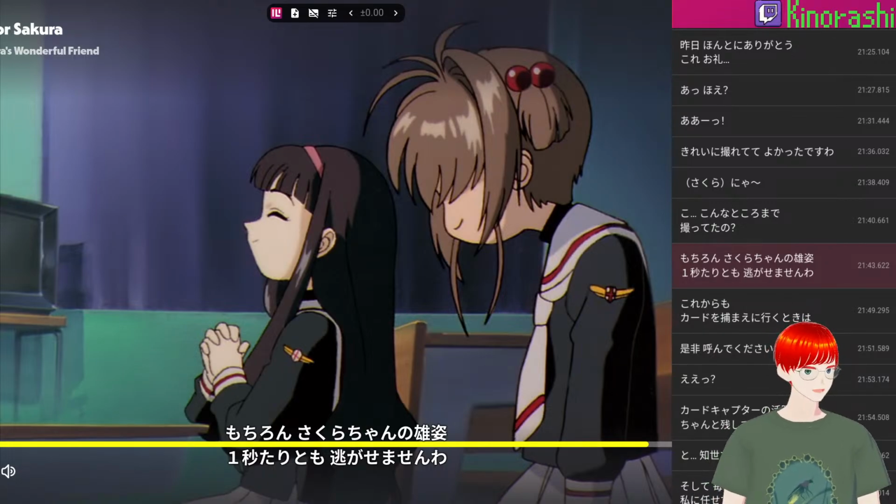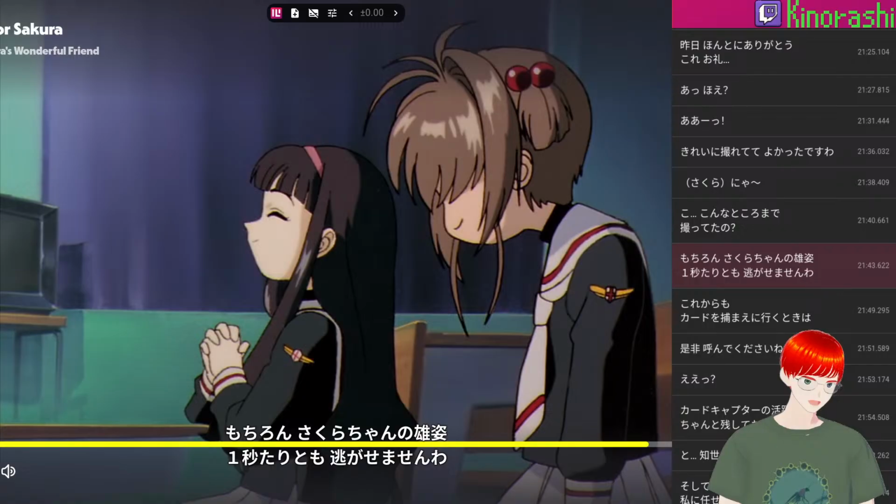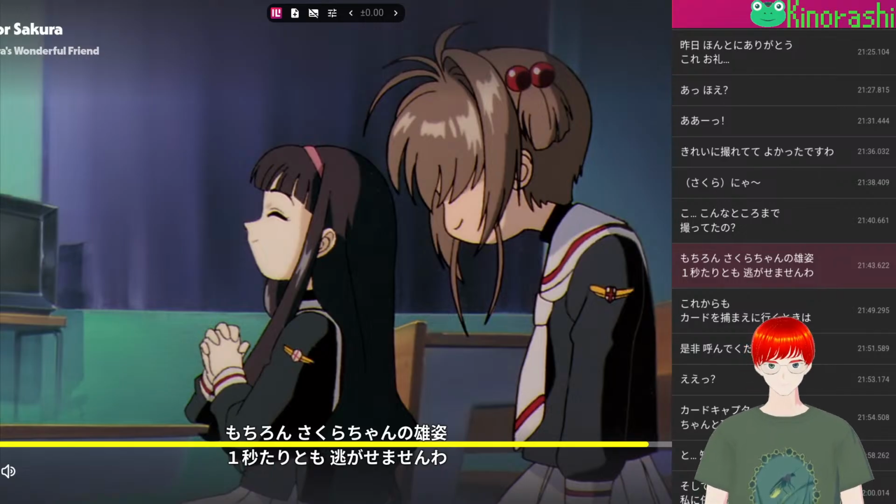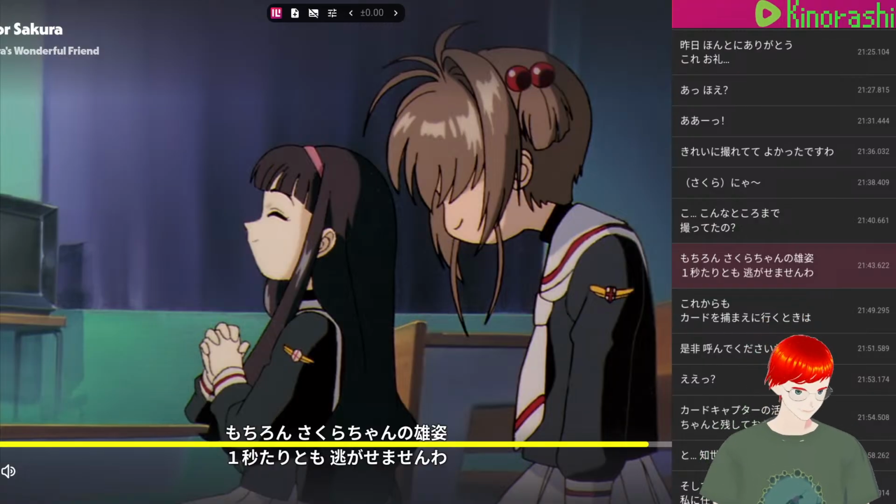The structure of tari is formed by taking the ta form of a verb or the na or e stem and adding tari followed by tomo. And it is most commonly used after negative statements to emphasize that even the smallest amount or instance of something is not possible or true. For example, the sentence kare wa ichi